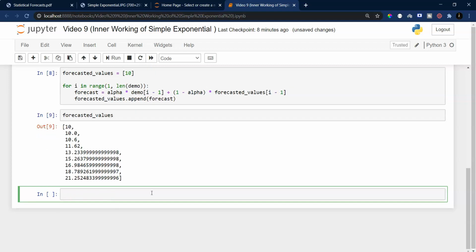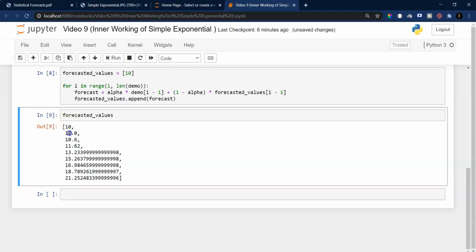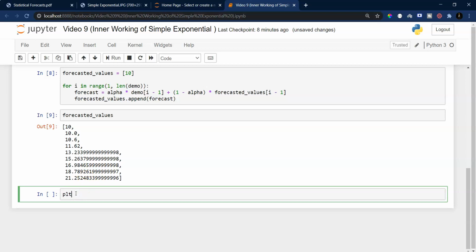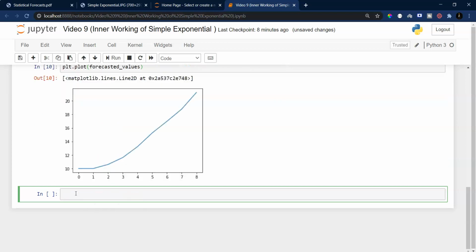We can clearly see that the first forecasted value is 10, the second forecasted value is 10.0, the third forecasted value is 10.6, and so on. Let us now use plt.plot to plot these forecasted values.